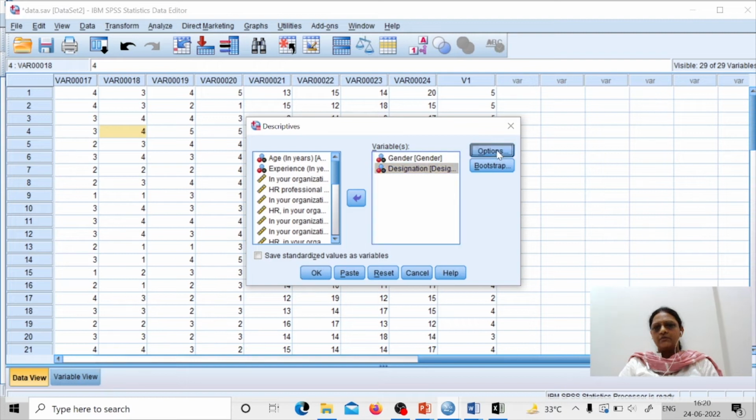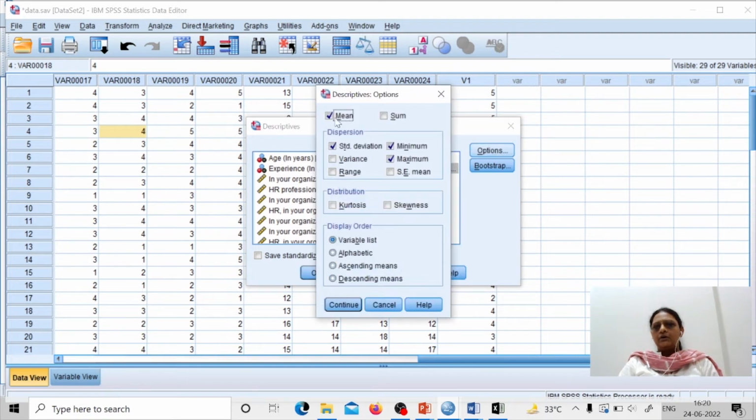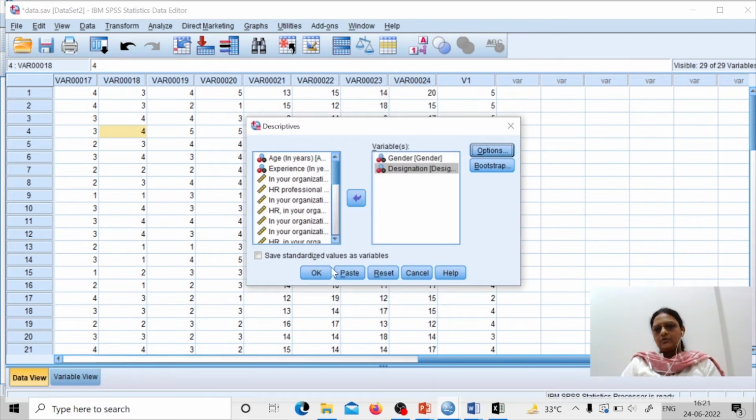Here the options are given. Click on it and choose what you want: mean, standard deviation, minimum, maximum, range, variance, kurtosis, skewness. We know that kurtosis and skewness are helpful in identifying the normality of data. So if you want to check the normality of your data, you can click on these two also, right? Then how you want to display the means: ascending, descending. Whichever is your preference, you can click on that and continue. And now if I click on OK,